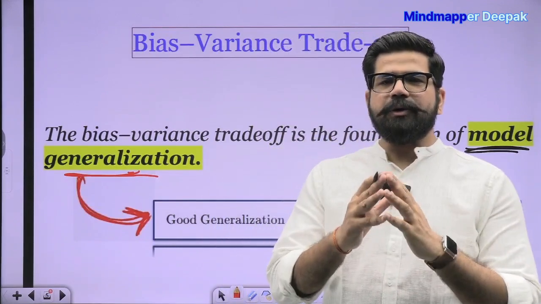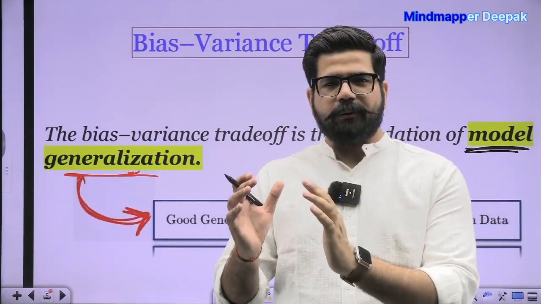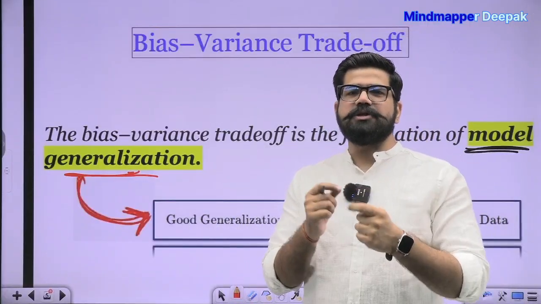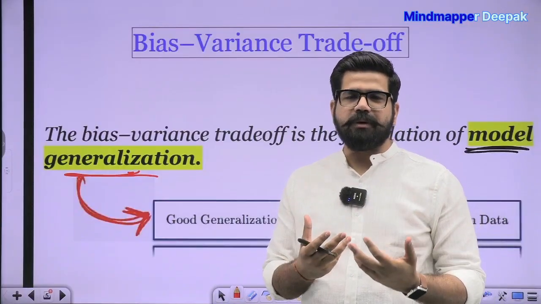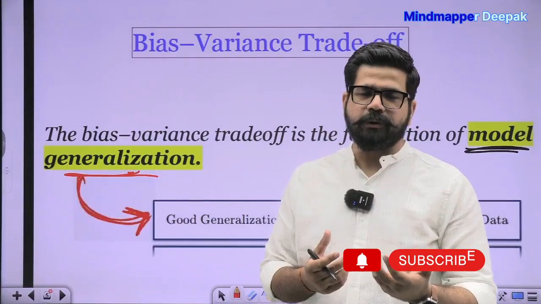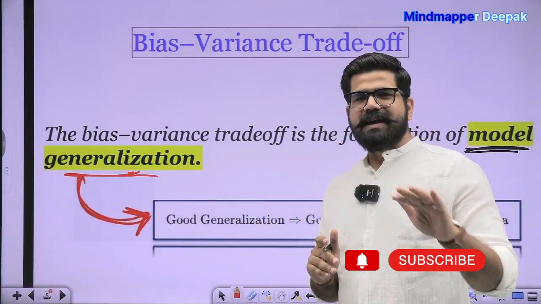See, whenever you feed particular data to your machine learning model, it provides you a particular result. So when you provide unseen data which was not given earlier to your model, how will your model generalize to that, how does it give the output for that particular data set. This is mainly known as generalization.